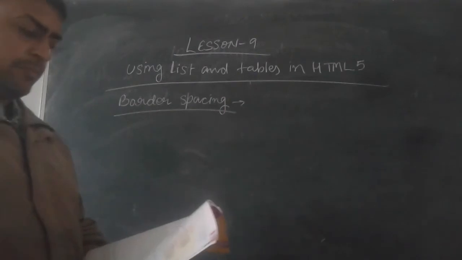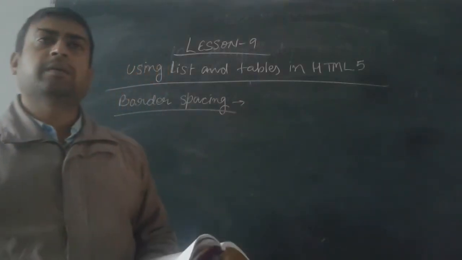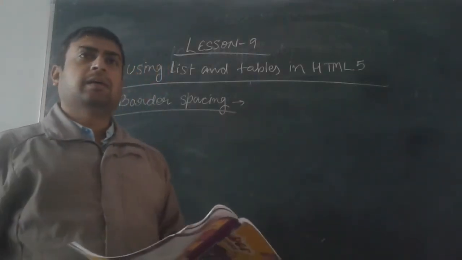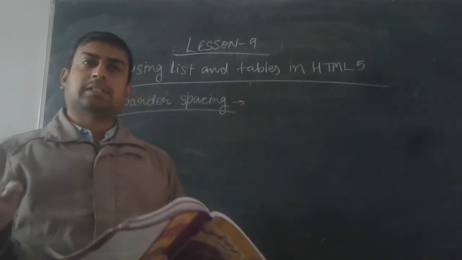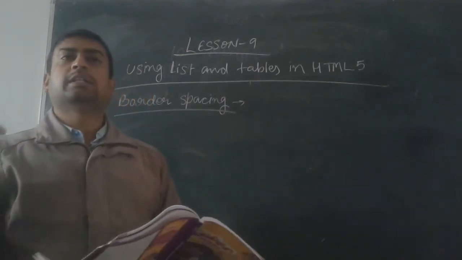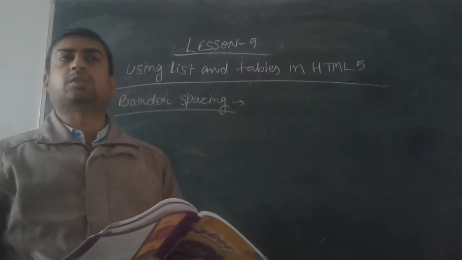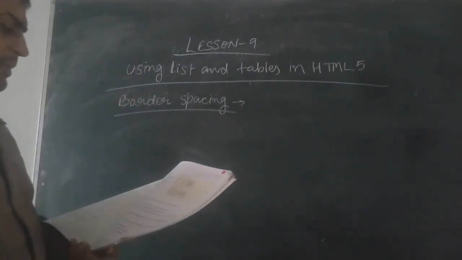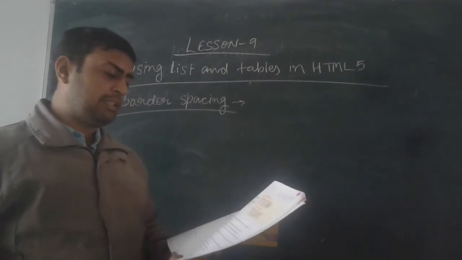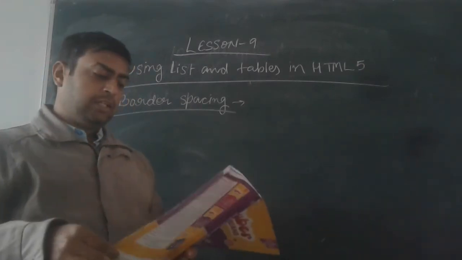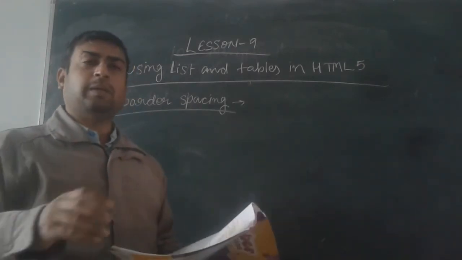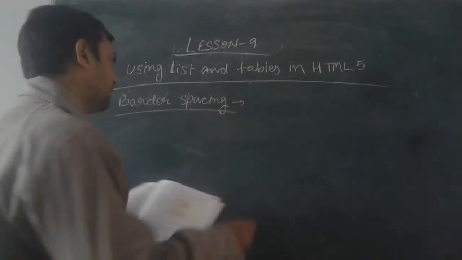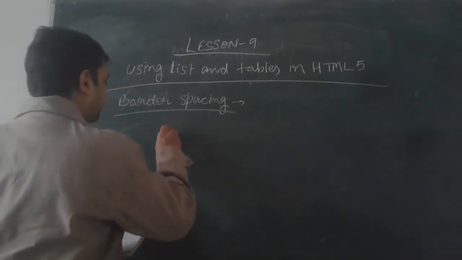Border spacing. What is border spacing? Basically this is the space between the two borders, and this is used to just give some space in between the two different borders. This property is used to specify the distance between borders of the adjacent cells. Now in this border spacing, the value you will write like